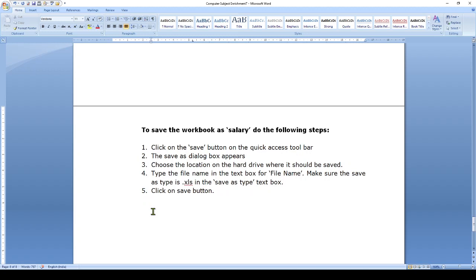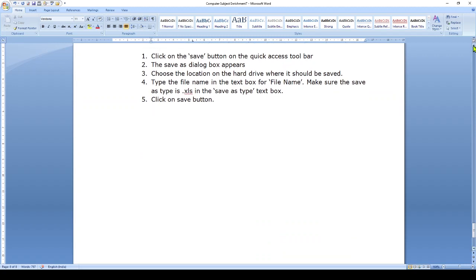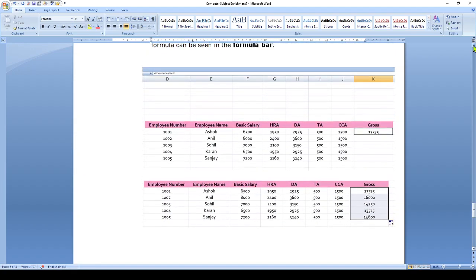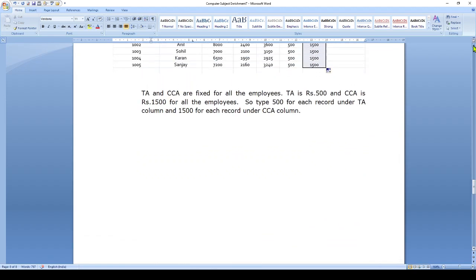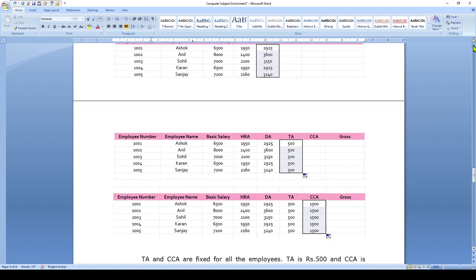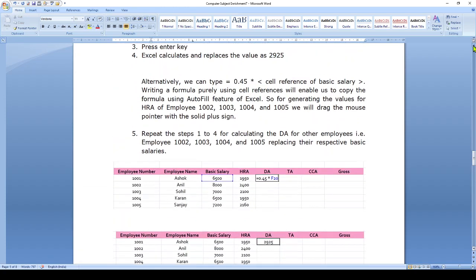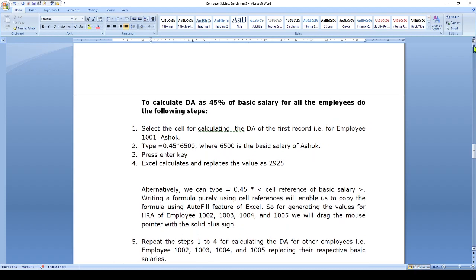Okay, so this is all about the activity that is given in your subject enrichment work. So get an idea from this tutorial and you have to write the steps explaining what to do in the subject enrichment work. Don't copy from this, just write the steps on your own, explaining how you will do the work. Okay, give a heading like this and write the steps.